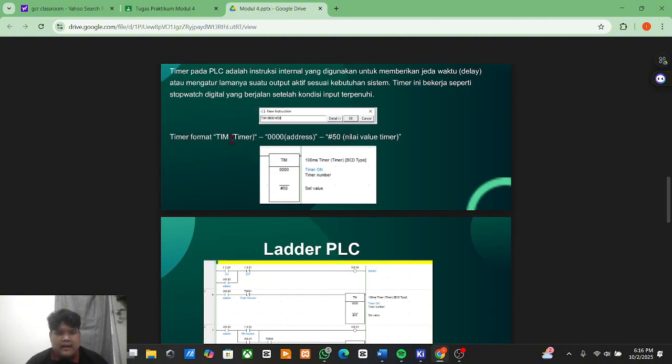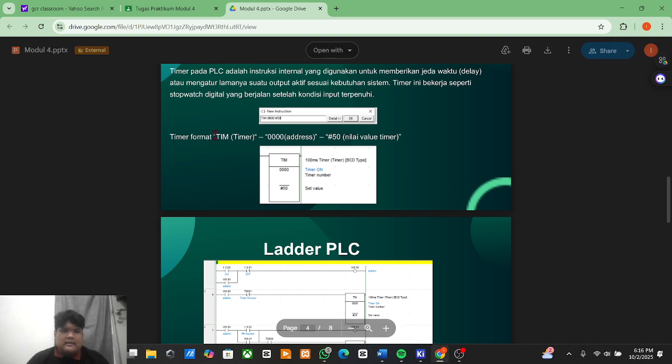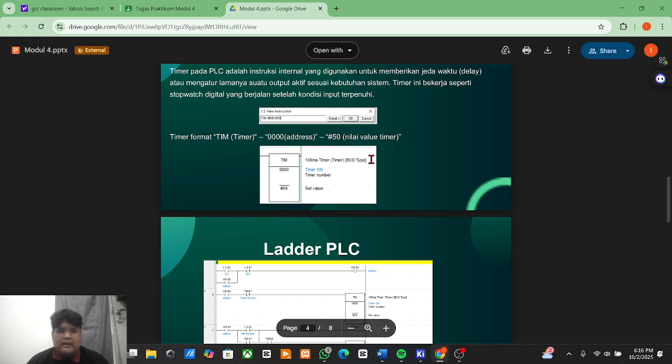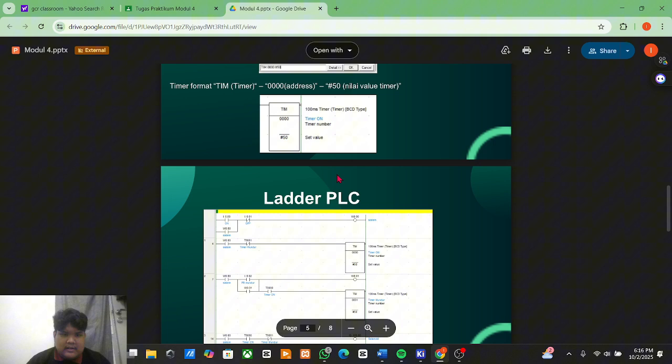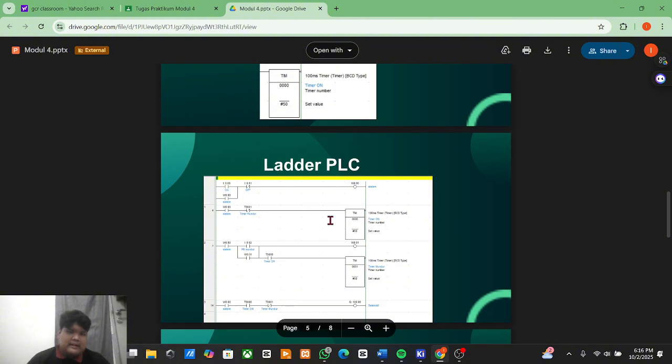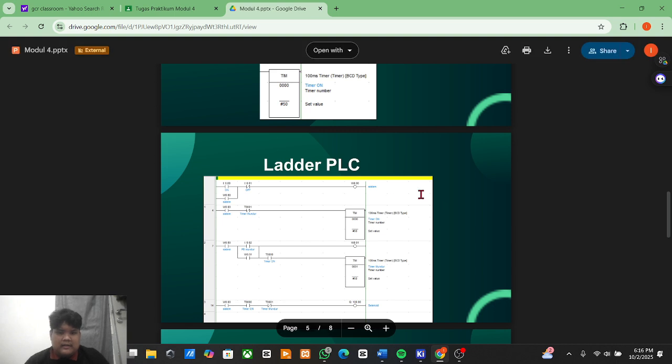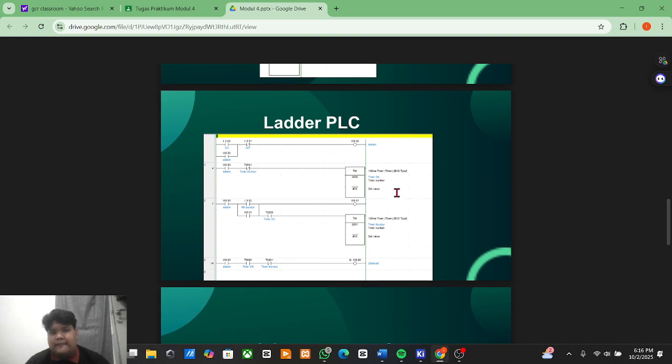This is the timer format for the PLC: TIM for timer, then 0000 for the address, and then #50 for the timer value, like this. And this is the ladder PLC that we will make in the CX-Programmer application.